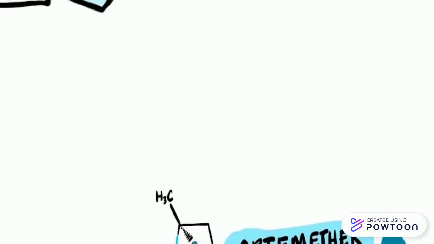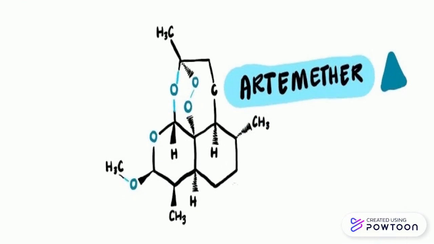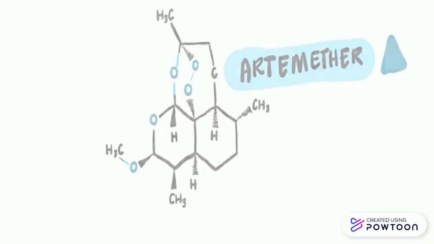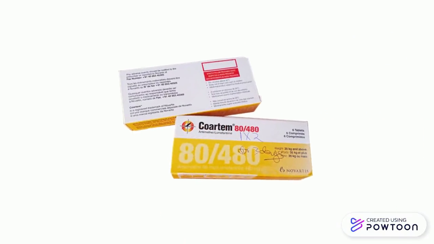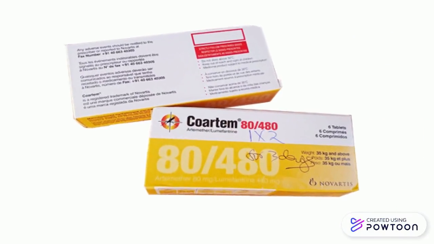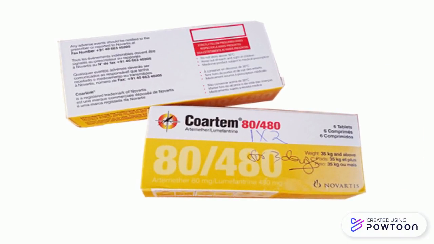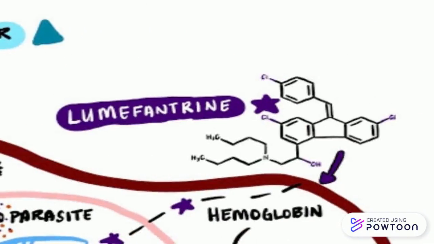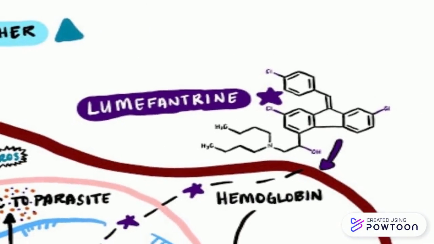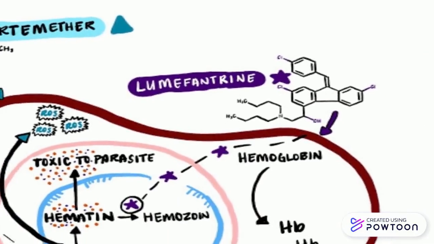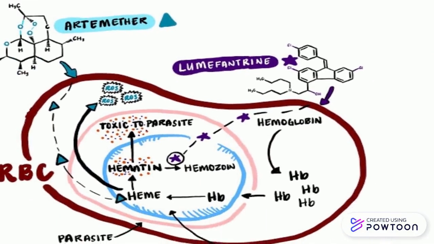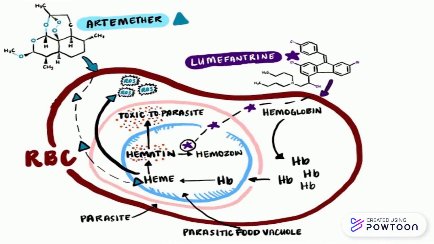Our drug of choice is artemether, which rapidly clears parasites from the blood. Artemisinin combination therapy is a combination of a rapidly acting artemisinin derivative with a longer acting or more slowly eliminated partner drug. The partner drug lumefantrine clears the remaining parasites and provides protection against resistance to the artemisinin derivative. The parasites within RBCs use hemoglobin as a food source, specifically the globin component. The heme component is converted to hematin and detoxified.